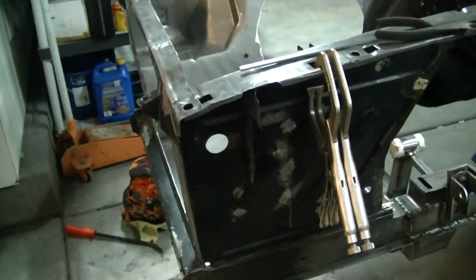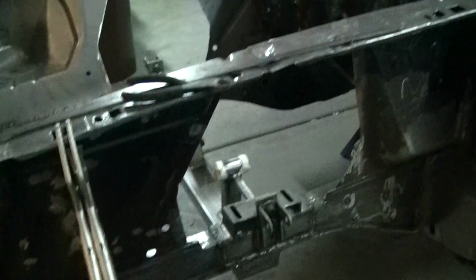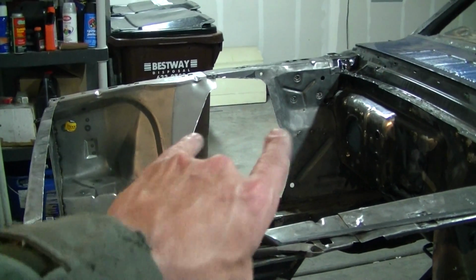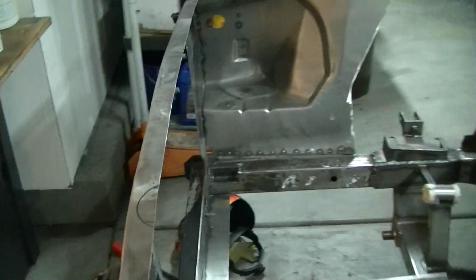Otherwise, that is about done. Let me plug in my camera real quick. Sorry for the shaky cam again. And so the next plan is I'm going to put in the plates that go inside, the rod and custom plates that go in there. So that's the next project I'm going to do after I finish this. I still have a little bit of grinding to do underneath